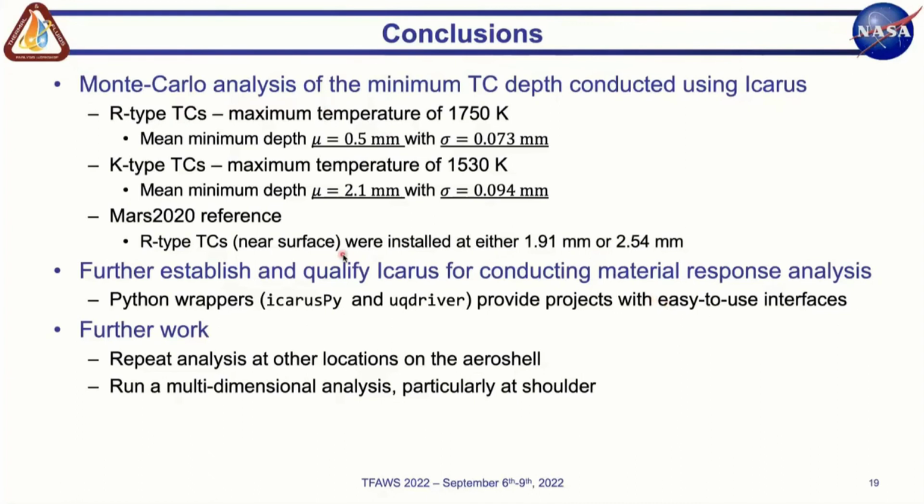While this analysis was just done at the stagnation point, we plan on repeating this analysis at other locations on the aeroshell, particularly at the shoulder, where we would expect some additional uncertainties due to the turbulent transition of the boundary layer at those locations,